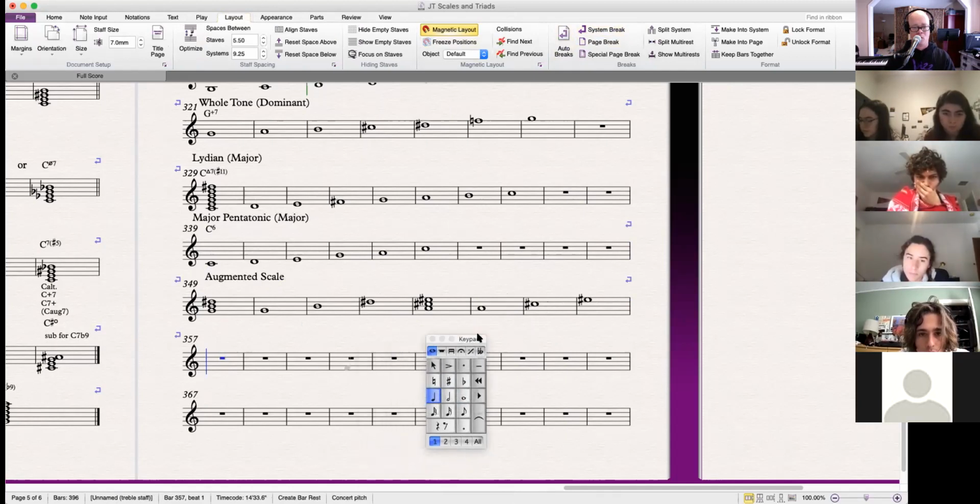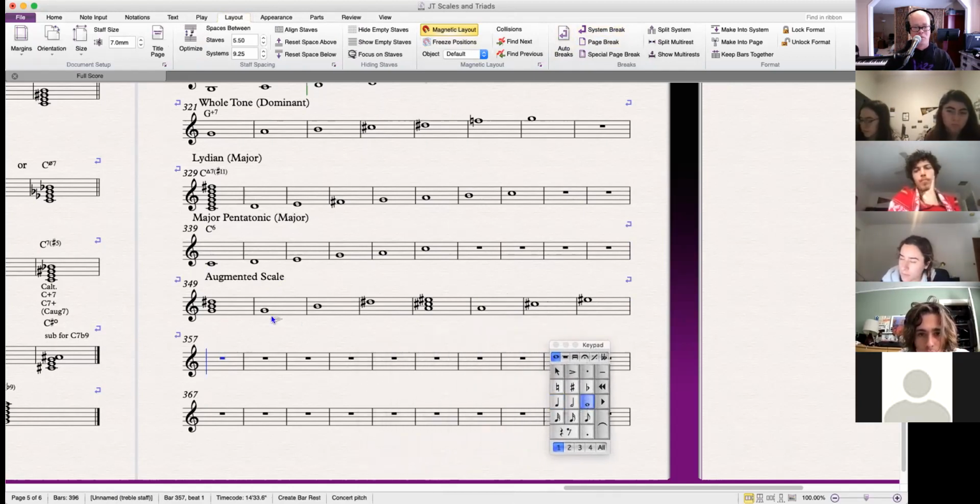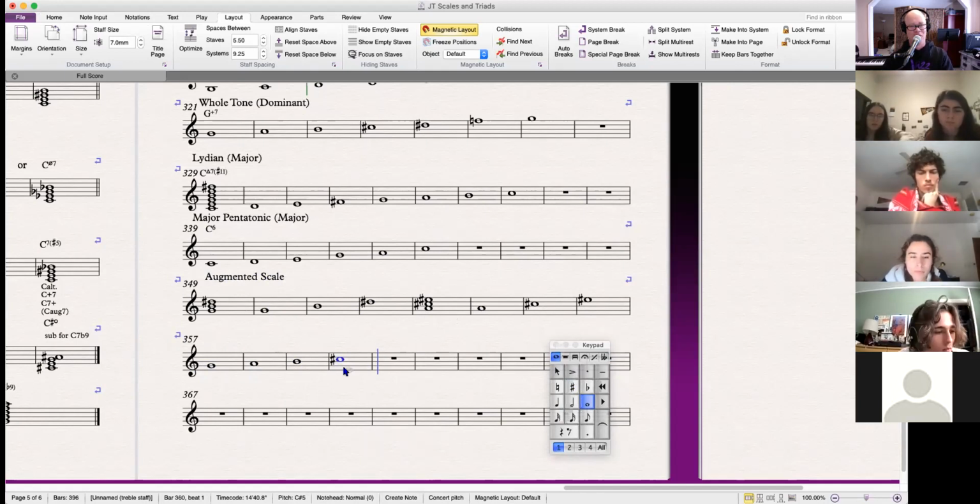Okay. So in order, I'm gonna put all these notes that I have here in order of their closest relationship. So G, the next note is A, B. I think I just did this wrong. I think I'm building a whole tone scale using a different method. So it's A,